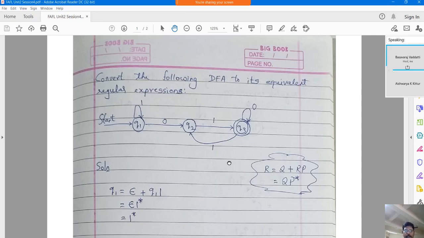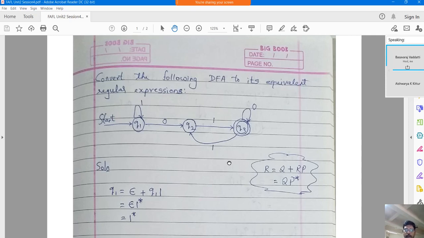After completion of the first IA, we will continue our discussion from the second unit of this course, that is regular language, regular expressions. In the previous three classes related to regular expressions, we understood the definition of the regular expression, that is basis and induction steps. Then we understood how to write regular expressions for the given problem statement. That is what we did in the last two three classes.